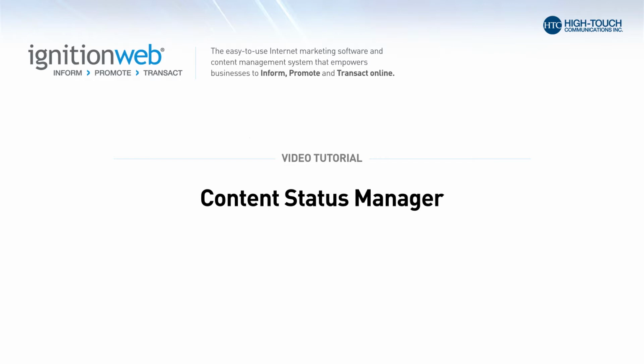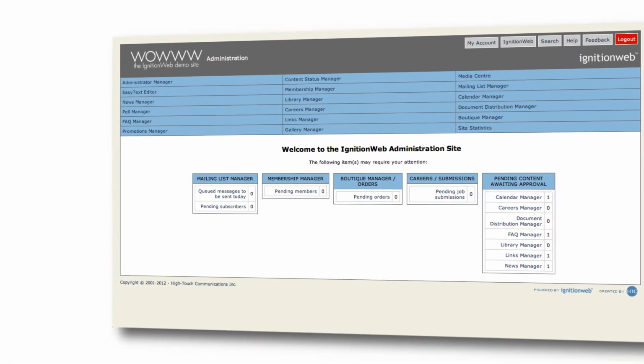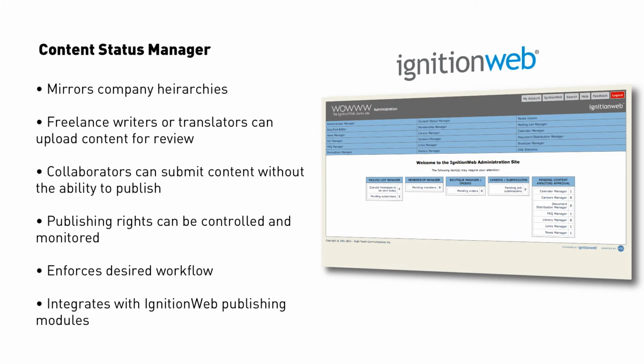Today we are going to look at how IgnitionWeb facilitates workflow collaboration through Content Status Manager. Content Status Manager is the collaboration control center through which the status of published or in-process dynamic content is regulated. Collaboration-enabled sites alert editorial staff about content status and enable administrators with publishing rights to reject, accept, and/or publish the